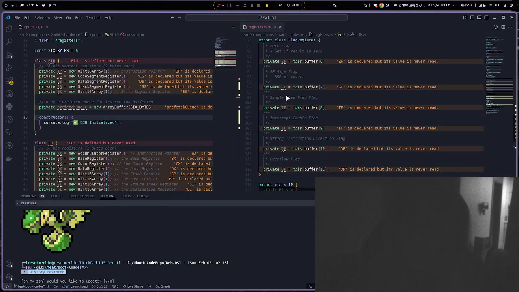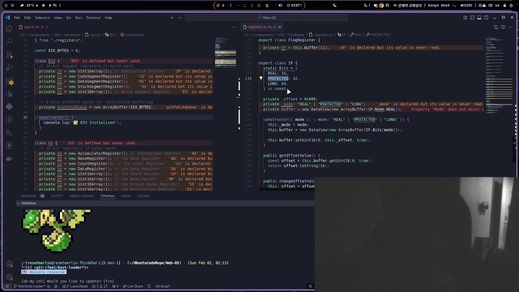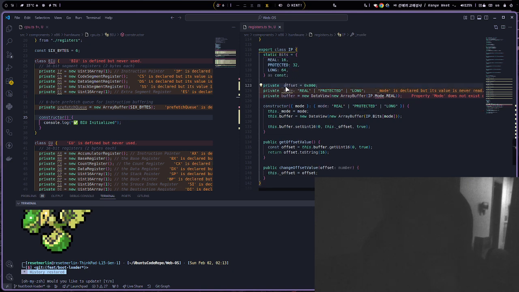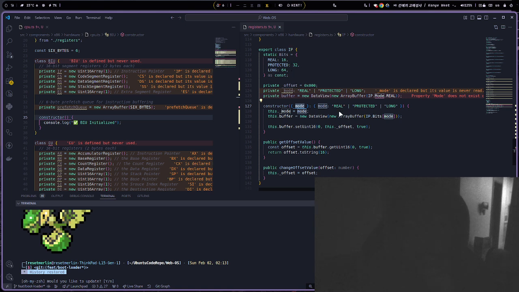If you're able to see this code, IP is the instruction pointer or program counter. And these are the bits: real mode is 16-bit, protected mode is 32-bit, and long mode is 64-bit. Private is offset at 0x00, and mode is real mode, protected mode, long mode. And buffer is when you're trying to receive the real mode, and based on the real mode,